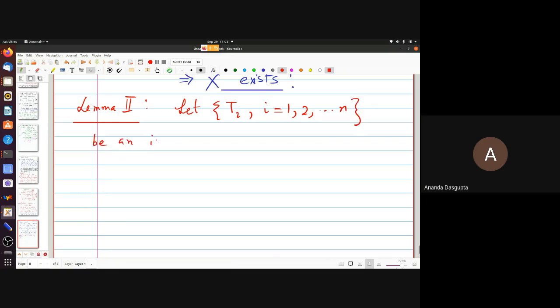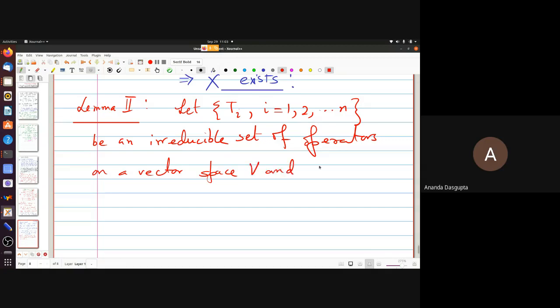Be an irreducible set on a vector space V. So there we had two irreducible sets of operators and two vector spaces, and X was a linear operator between V1 and V2. But now X here is a linear operator on V,